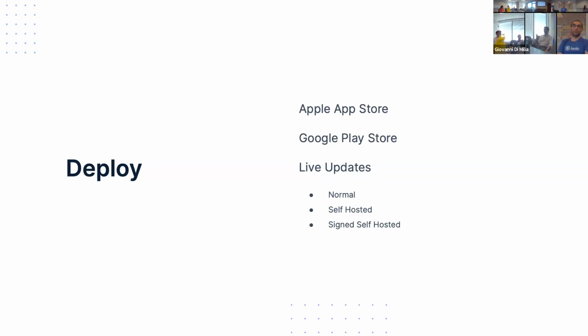But if you are changing UI components or issuing bug fixes, it's acceptable under Apple's terms. Essentially it just downloads in your app and is local on the phone.